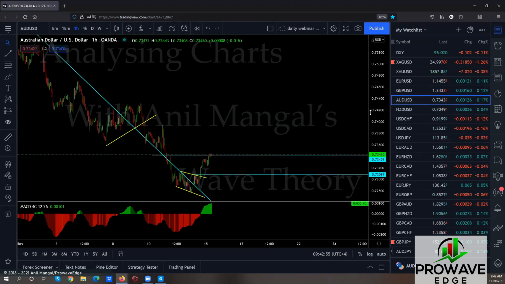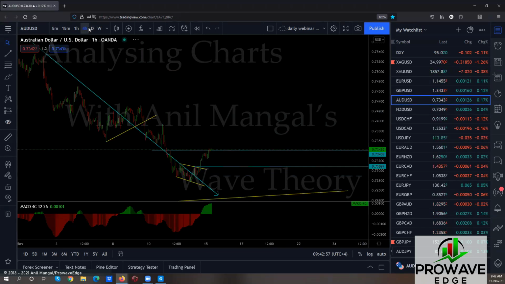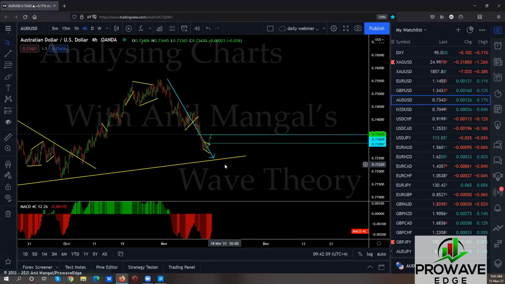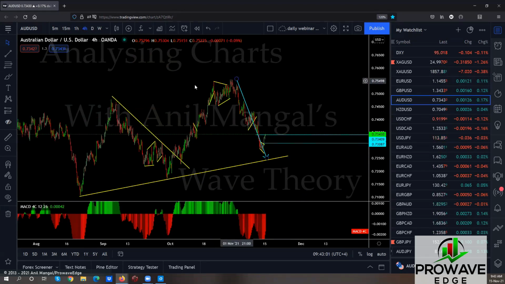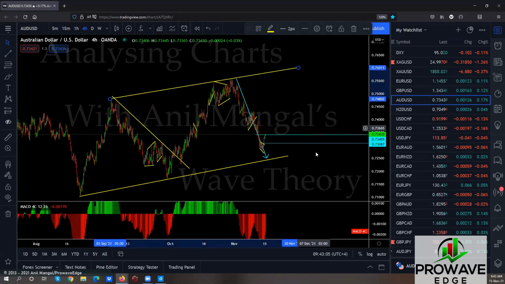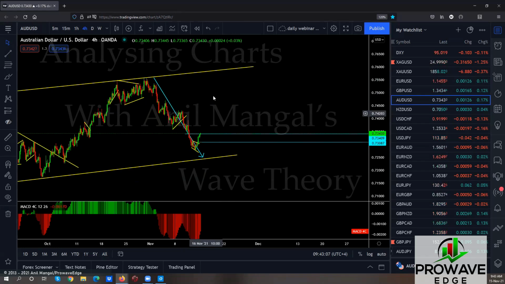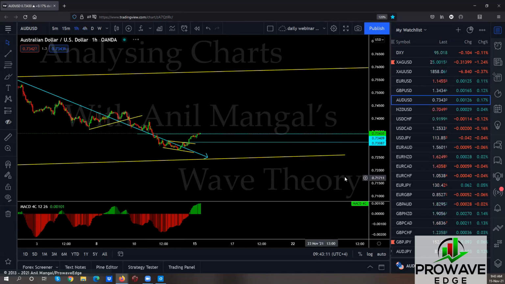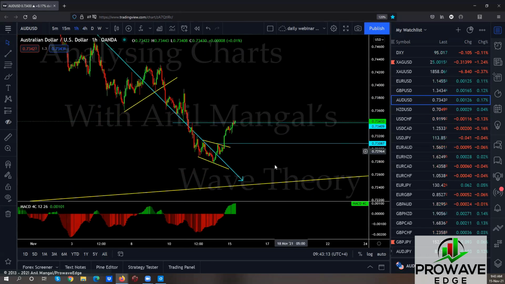Aussie. If you were following me last week, you would know we expected the Aussie to come down here. And then from this point, we will see whether they go back up and make a new high, which means we're in this structure right now. So can Aussie go back all the way to the top there like this again? Possible, not necessary, but possible. So far, it's doing good in doing that.